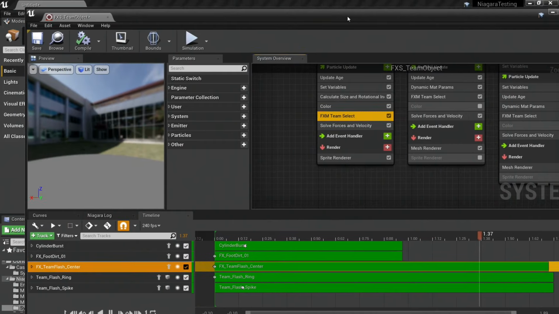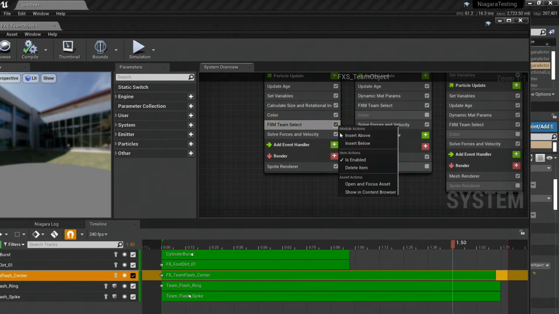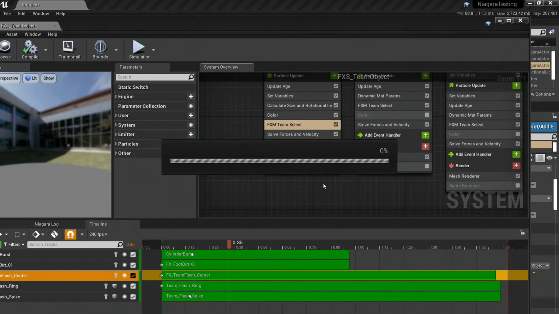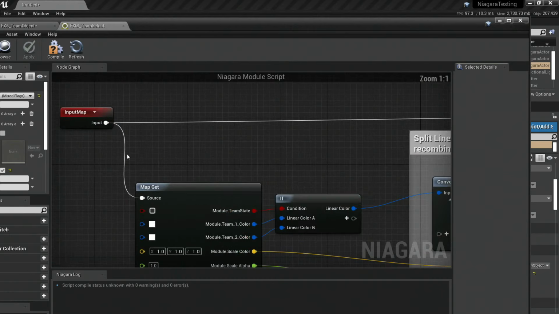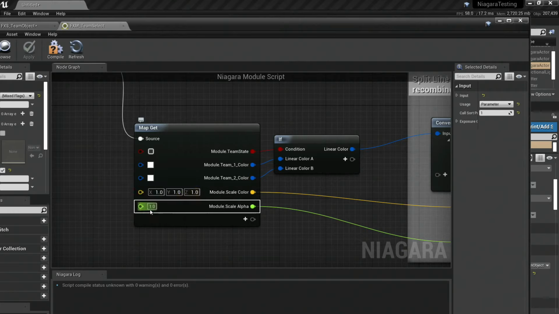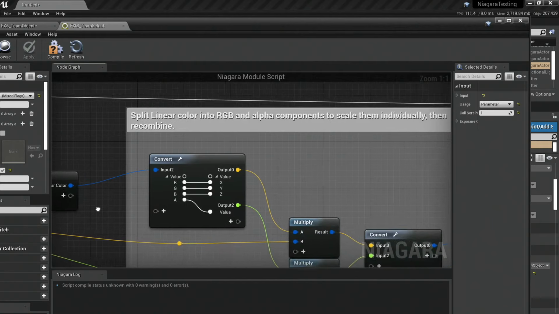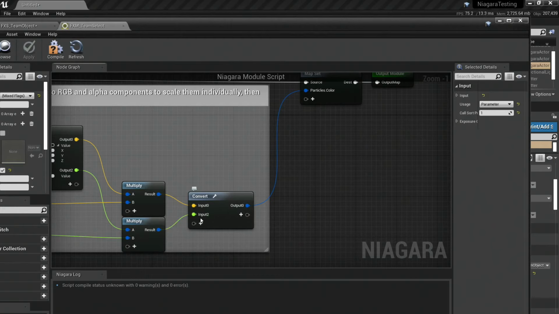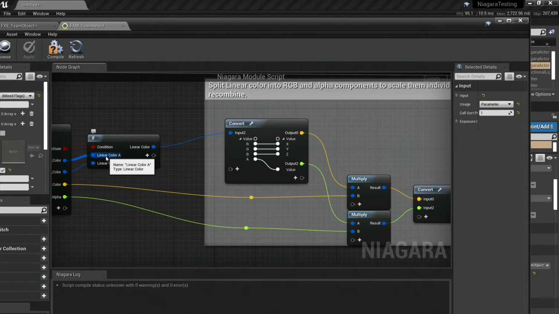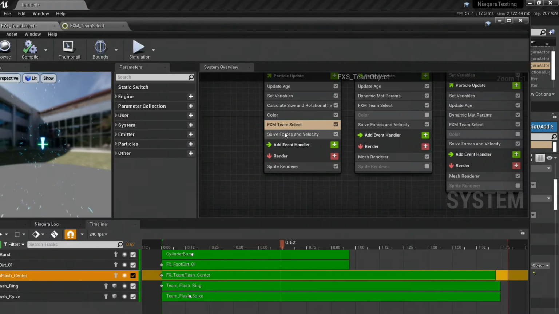Got my window off here. So if I look at that, this is actually a little script that I wrote inside of Niagara. So I can say, given whatever the particle is doing at this point, I can get those behaviors, read them, make conditions. In this case, I'm converting them into colors. And then I'm saying, based on whatever this flag is, use A or B as the color. And then here's the coercion that allows me to do the, I think I've opened my,